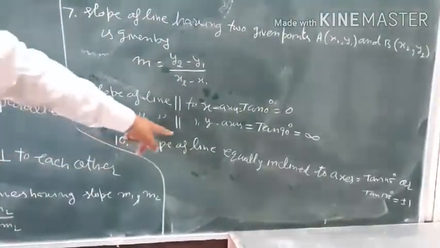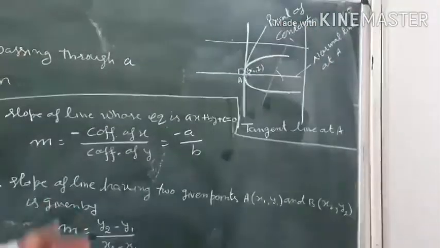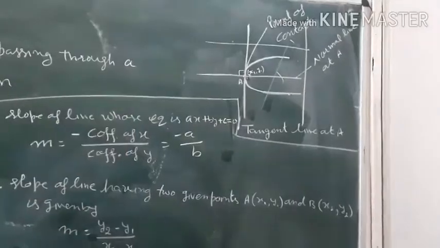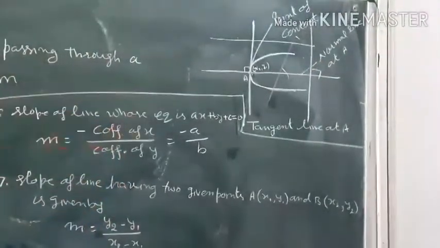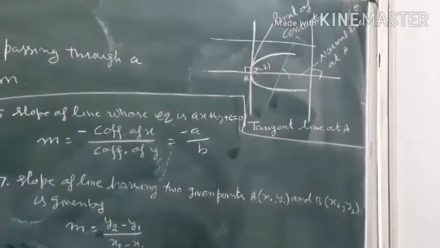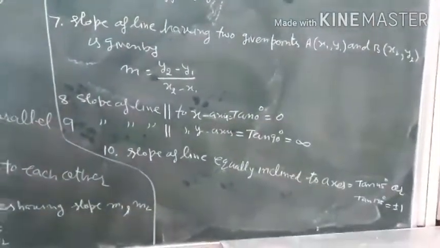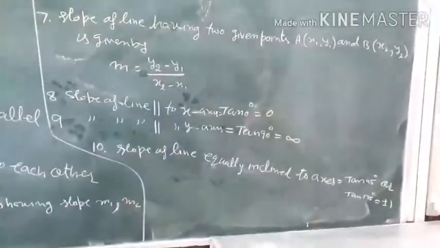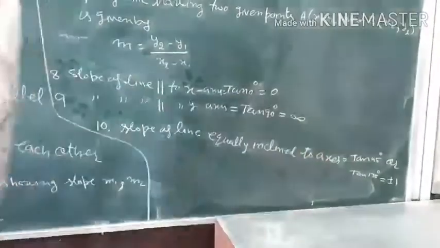And slope of a line parallel to the y-axis, अगर स्लोप पैरेलल टू y-axis हो जाए यहाँ पे, तो आपको पता है कि एंगल कितना बन रहा है? 90 डिग्री का. स्लोप आपको पता है कि नहीं, लाइन के साथ जो ग्रेडियंट बनता है वो ग्रेडियंट को ही हम कहते हैं कि स्लोप है. तो जहाँ एंगल कितने का बन रहा है? 90 डिग्री का. Slope of a line parallel to the y-axis is equal to tan 90 degree is equal to infinity. And slope of a line equally inclined to the axes.